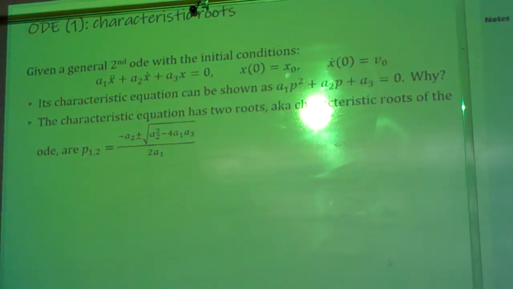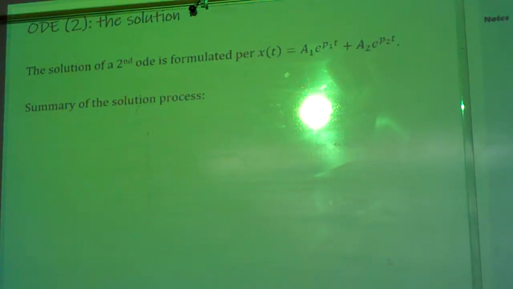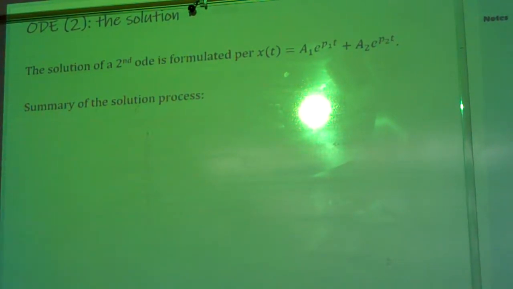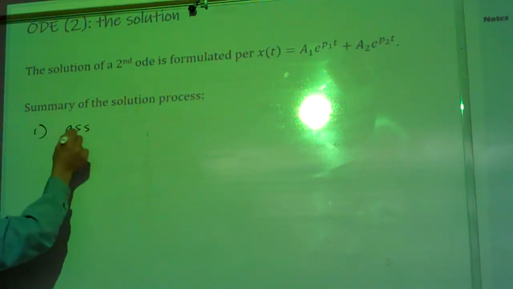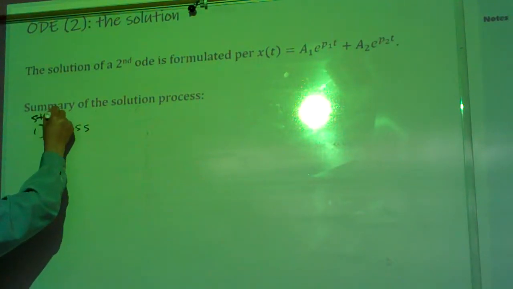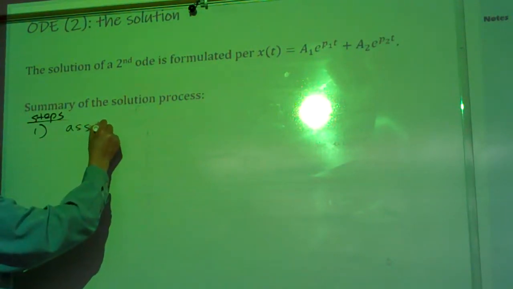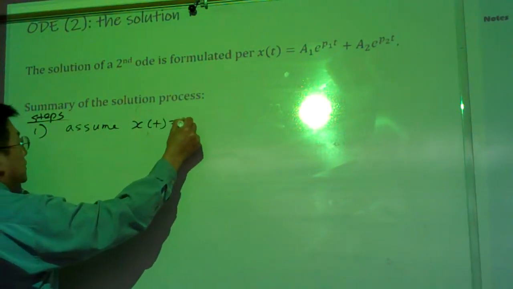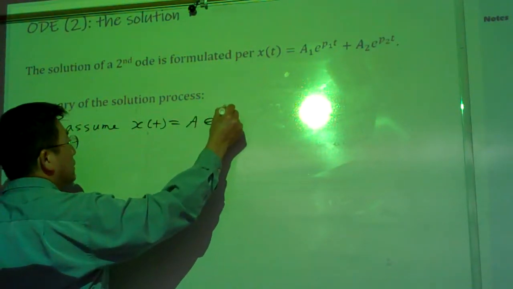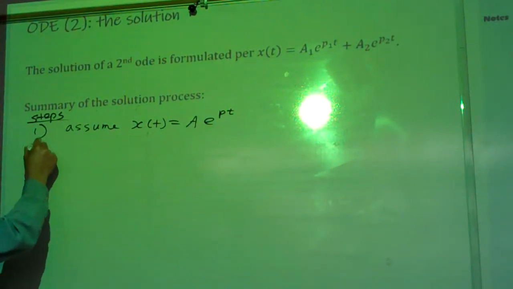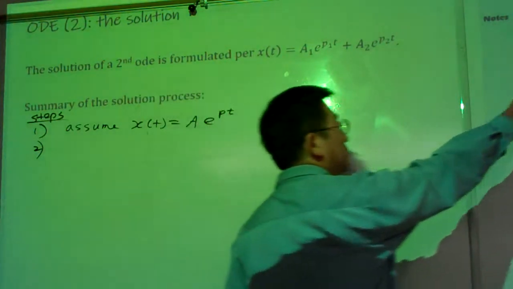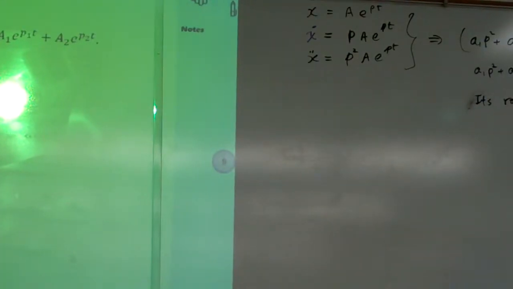That is a process there, and usually before we do the detailed solution process, you can assume, just like we said, step one: assume the solution is in the exponential form here. Okay. And then step two is to introduce it, just like we did here, and to obtain the